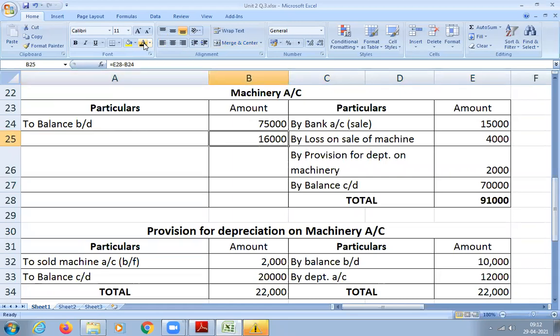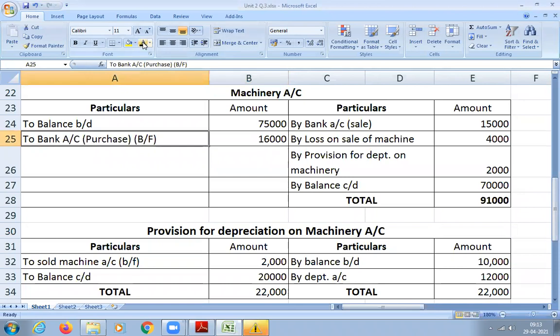So normally what we write in the debit side, either it should be purchase or it should be profit on sale of machinery. Only these two options are available. But the second option cannot be there because they incurred loss, not profit on sale of machinery. Yes or no? So there is only one option left, that is purchase. That means they have purchased one more machinery for which the data is not given in the question. This is the hidden transaction. That is what we have found out by preparing the machinery account.